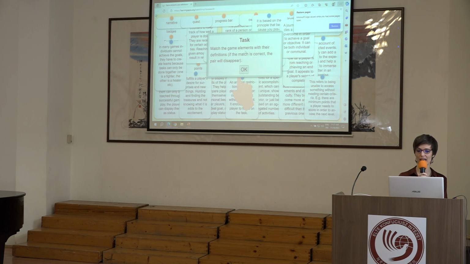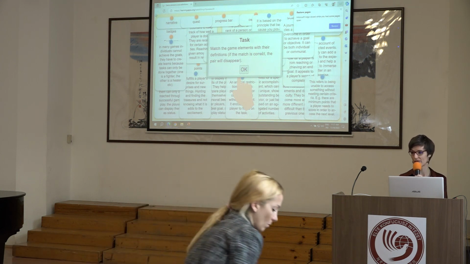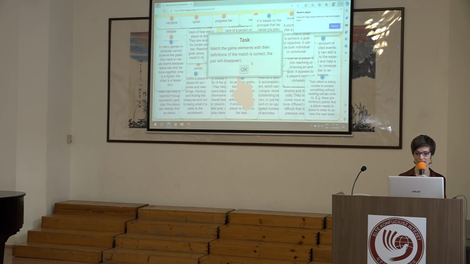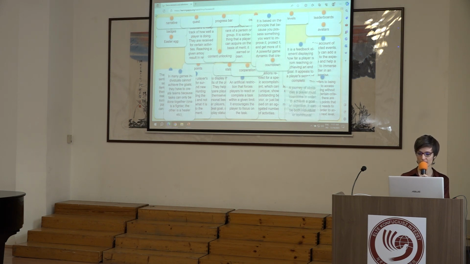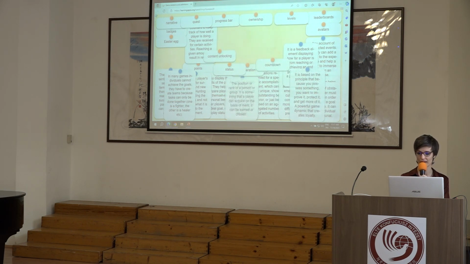You should match the game elements with their definitions, and if the match is correct, the pair will disappear, so you will have less and less things on your screen. And because it's a lot, my piece of advice is to organize the definitions, for example, to the bottom, and then the game element things on the top, so that they are not mixed.